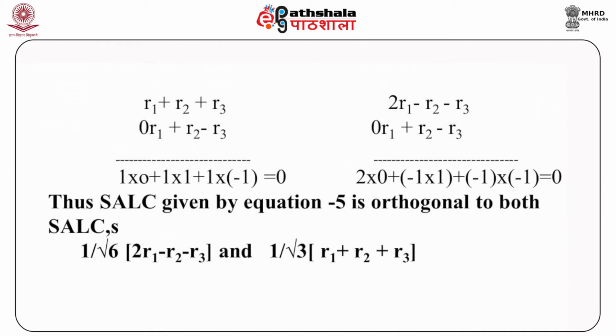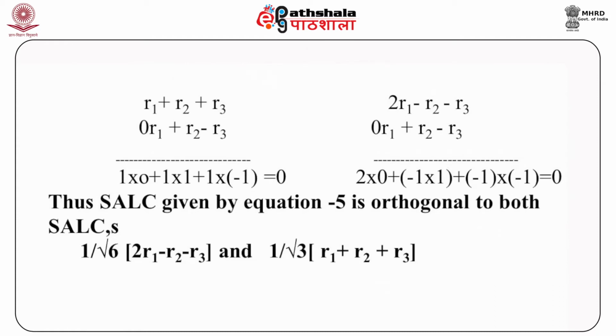And if we do this procedure and then add this together, you find the result is equal to 0. Now, let us take the other SALC, again 2R1 minus R2 minus R3 and then R2 minus R3, and let us check their orthogonality. Again it is equal to 0. So, what we find over here, the SALC given by equation 5 is orthogonal to